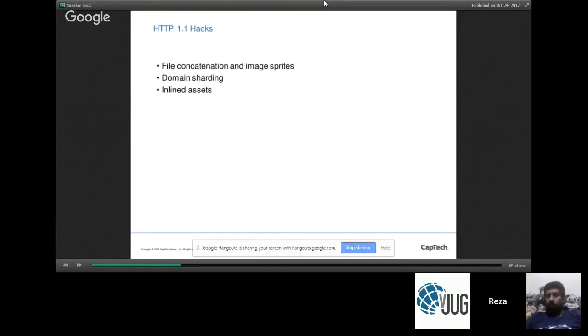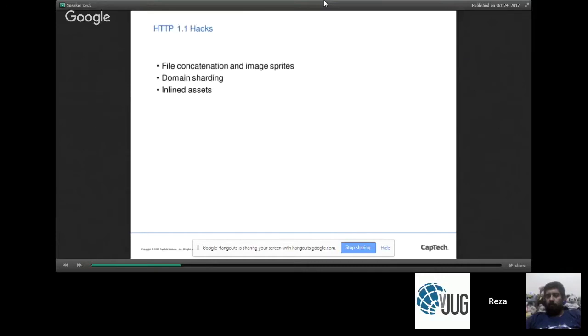And similarly for images. If you're using 10 different images, instead of making 10 different HTTP requests, you can create one big image and use image sprites in JavaScript or in CSS to show parts of an image and make it look like it's really multiple images.